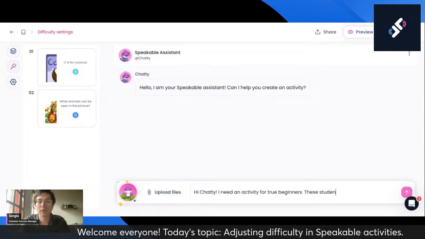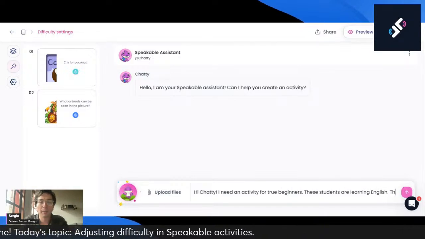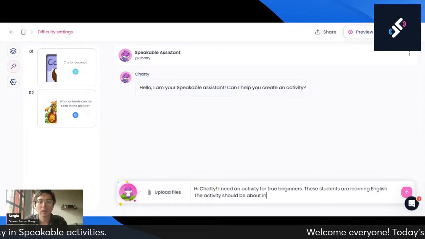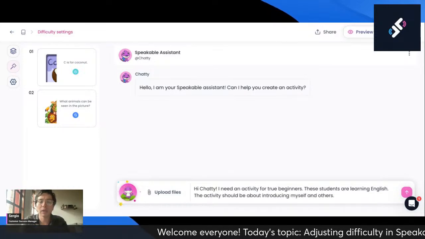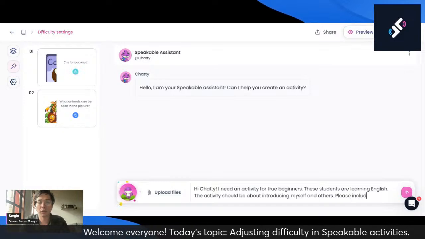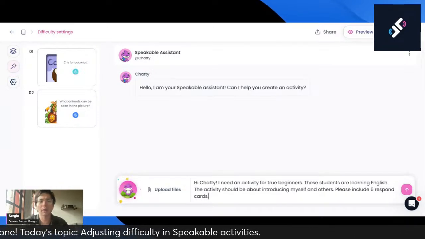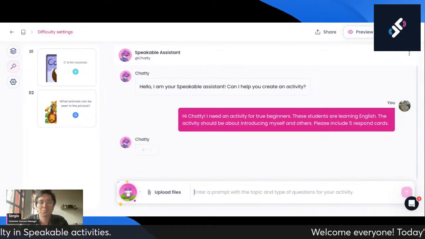These students are learning English. The activity should be about introducing myself and others. Please include 5 respond cards. So I'm being specific about the respond cards because, of course, multiple choice, I'm not sure it would be the